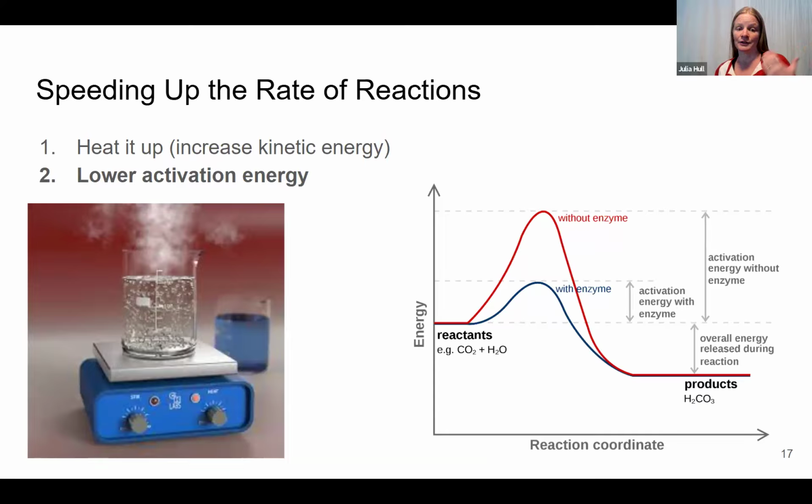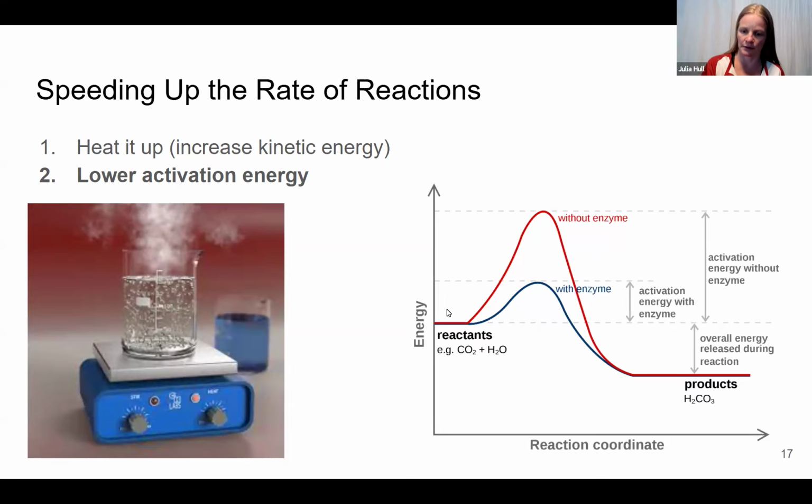So the way that we're going to do this in living systems is we are going to lower the activation energy, right? We're going to make it easier for us to get up off the Lazy Boy right after we finally sat down, right? Maybe we have a spring-loaded bling ejection button that we can activate when our kids and our pets are creating shenanigans. Okay, but in living systems, what's going to do that is not an ejection button, but is an enzyme.